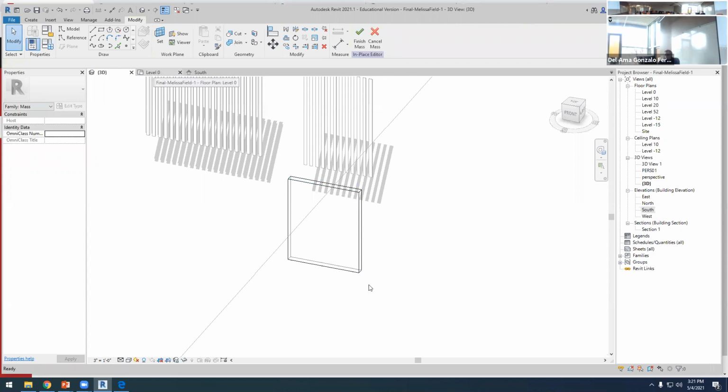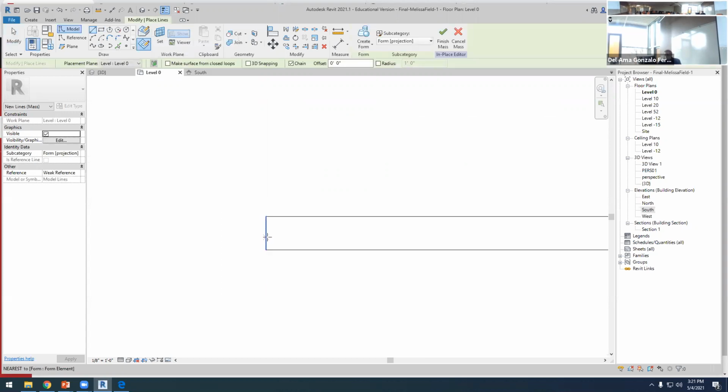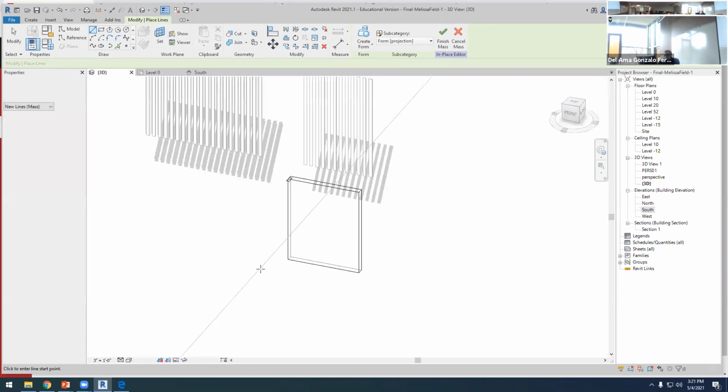Now on level 0, from this point here, let's say 1.2, 6 inches. Okay. Now on the 3D,